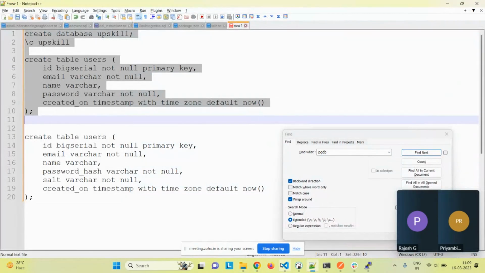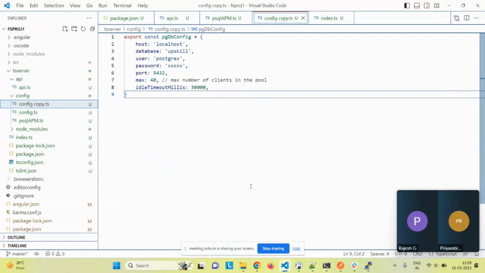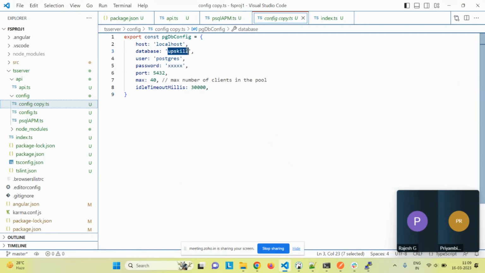So when we are doing it in the model here, this is the connection screen. Upskill is the database name I have given. User, in my case, is Postgres. Password is whatever we have given, that password you give. This is the connection string for us. This is already done. We tested this also. So now, generally,